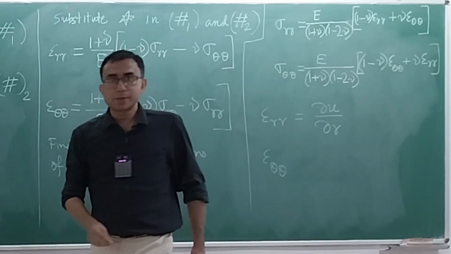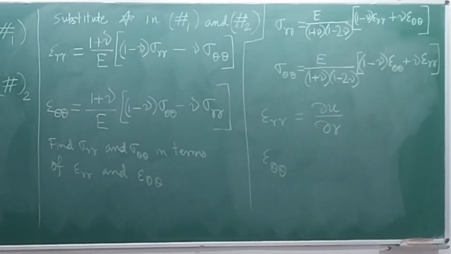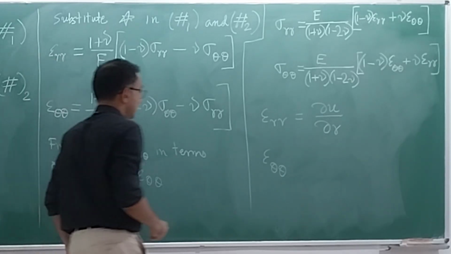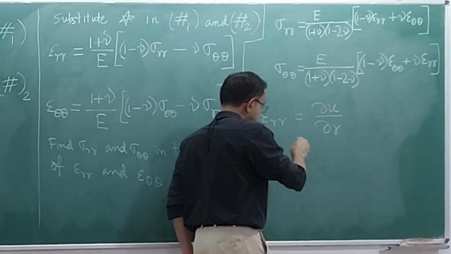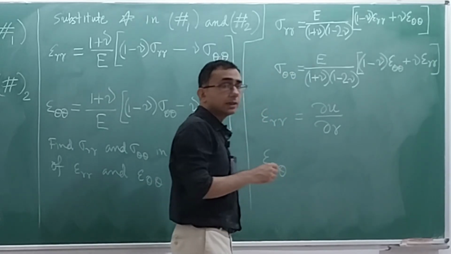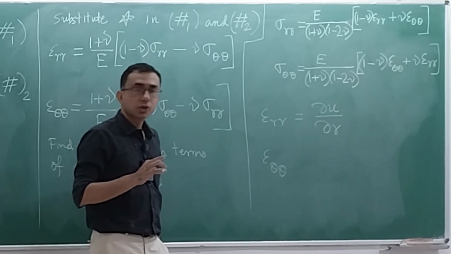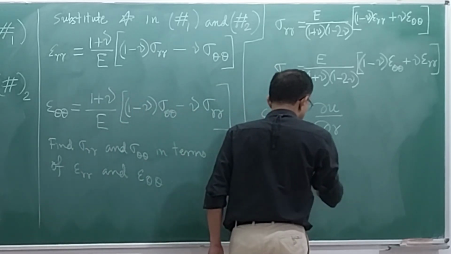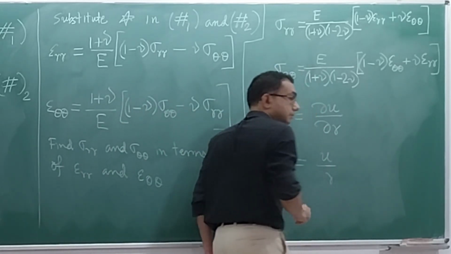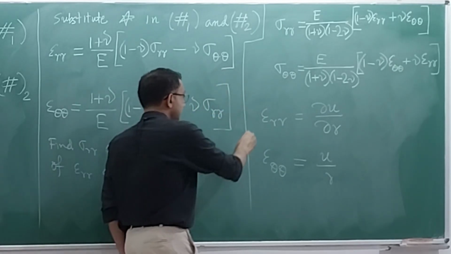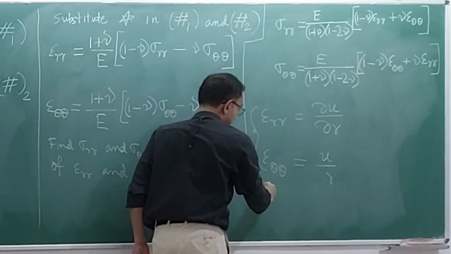What is the expression of epsilon theta theta? 1 by r del u del theta plus v by r, plus u by r. Okay. So 1 by r del v del theta plus u by r. But del v del theta means what? v is 0 itself, plus del del theta is also 0. So ultimately what you have is just u by r. Okay. So here, I'm going to say that you refer to